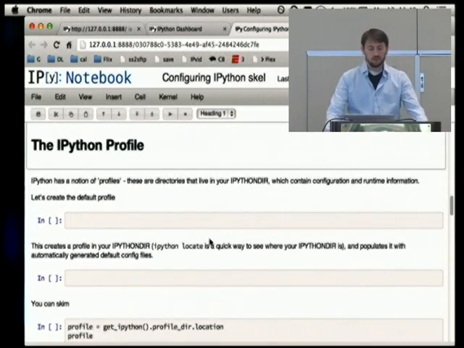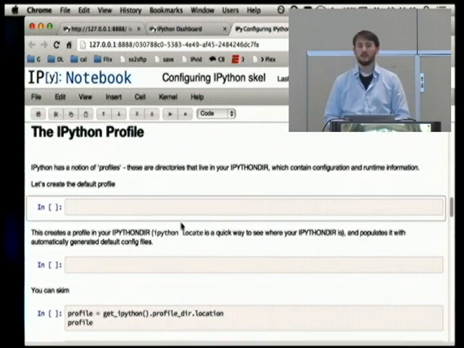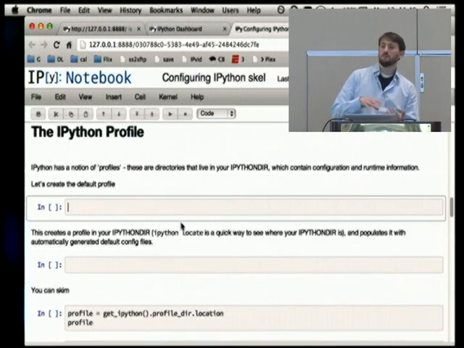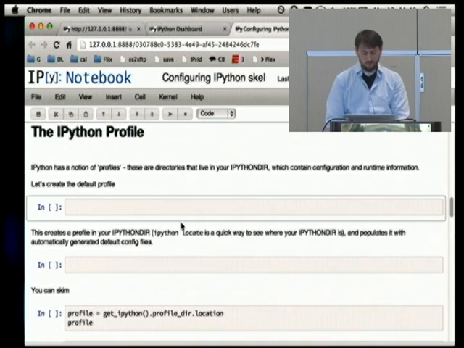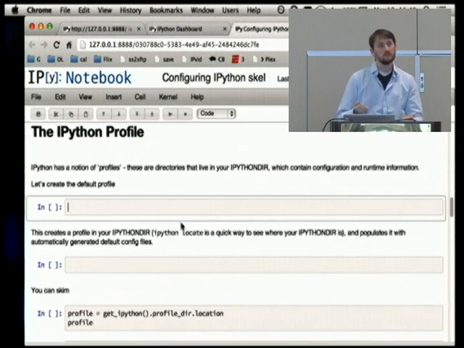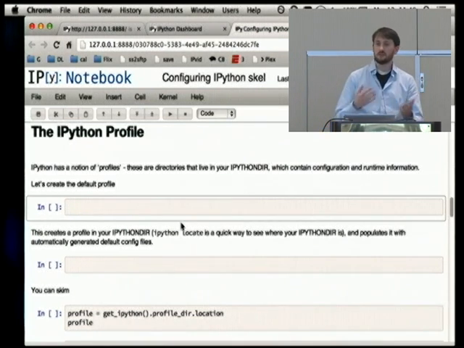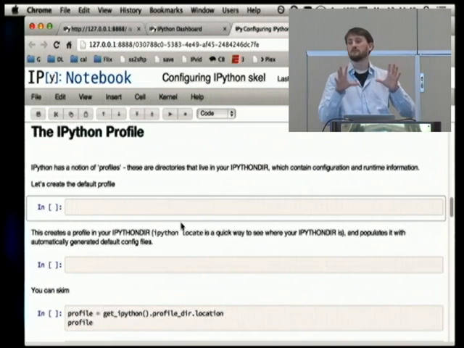So for configuring IPython, IPython has the notion of a profile. A profile in IPython is a couple of things. First, it is a folder, and in that folder are two things. One is configuration files for customizing the behavior of IPython, and the second is runtime files, like your history and connection files for kernels. They all live in the profile directory,